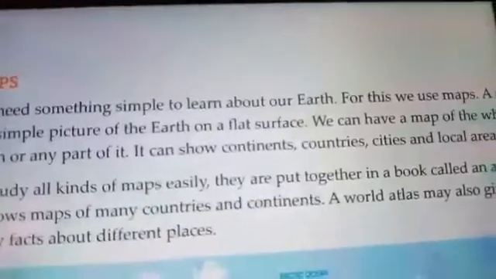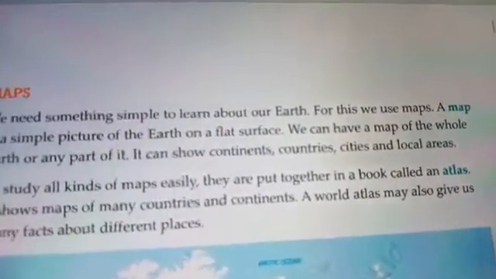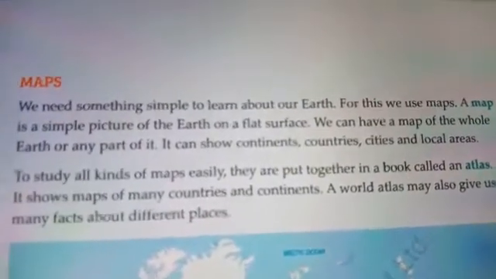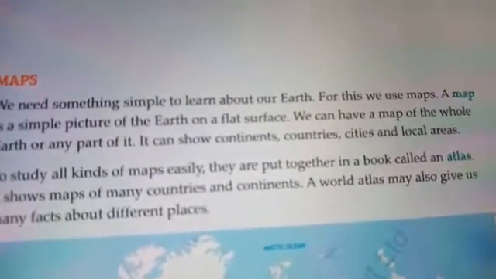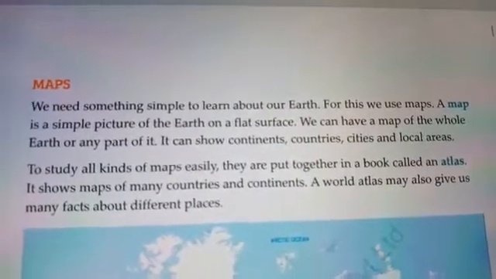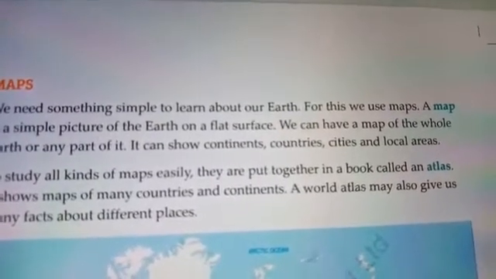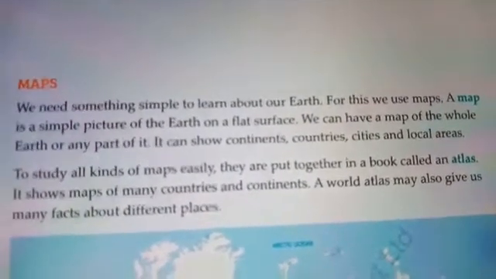It is just a picture of the earth on a flat surface. There are different types of maps. We can have a map of the whole earth or any part of it. The maps show continents, countries, cities, local areas, oceans, rivers, lakes, and as many places as you want.